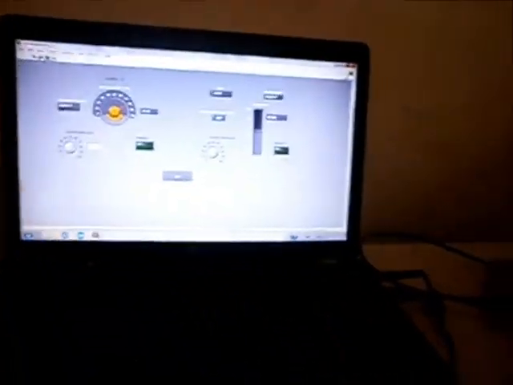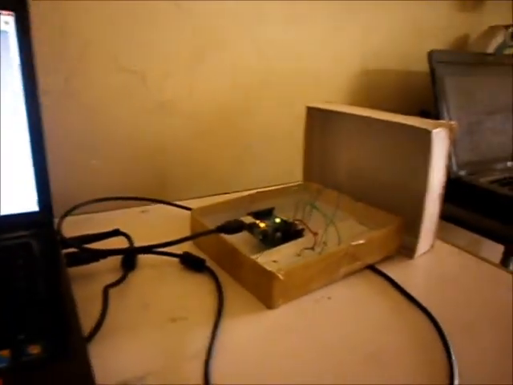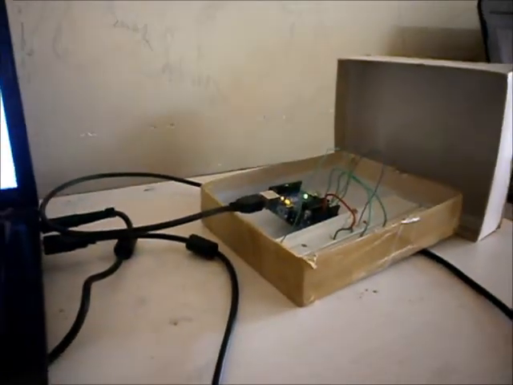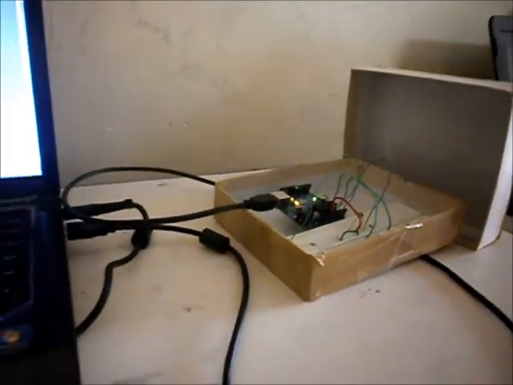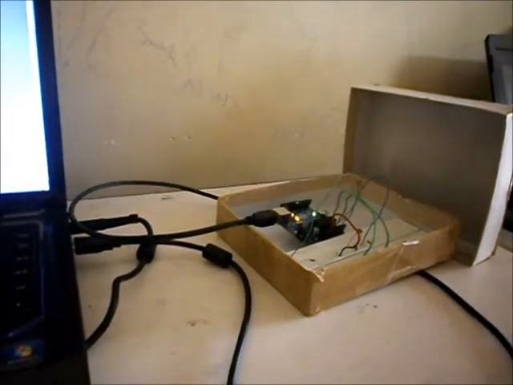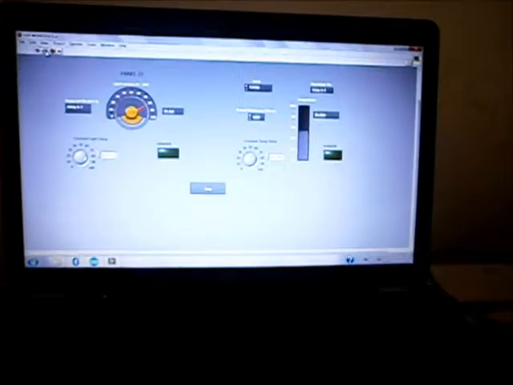You can see it. So basically the purpose of using an Arduino Uno board over here is that we are using it as a data acquisition device. A data acquisition device is a device that will feed the value from your transducer to your system so that you can monitor it, and if required you can alter it.